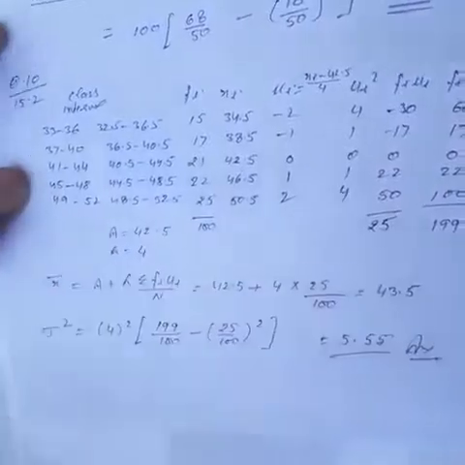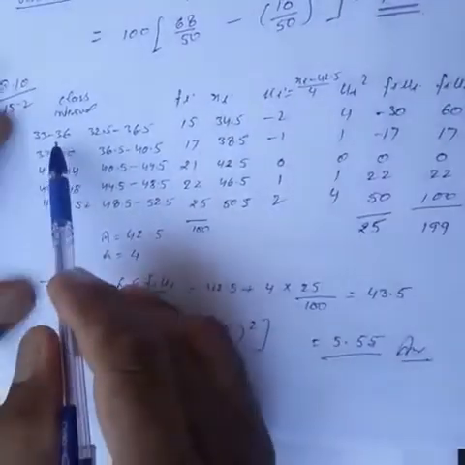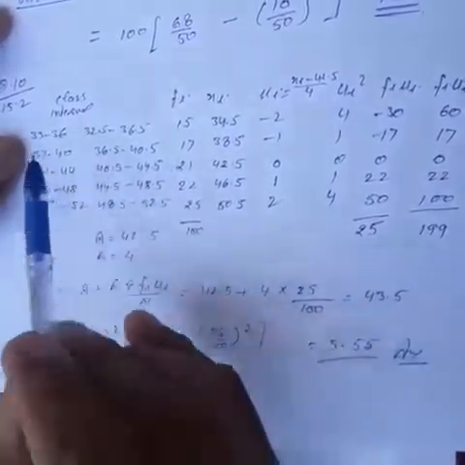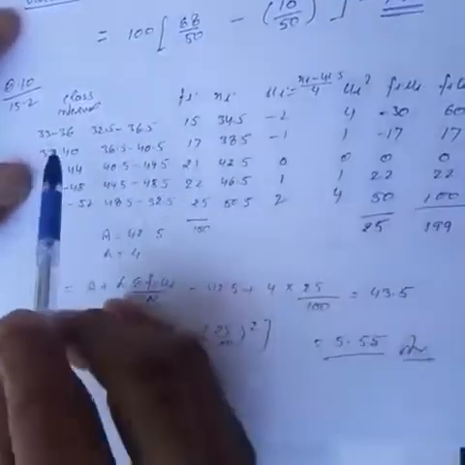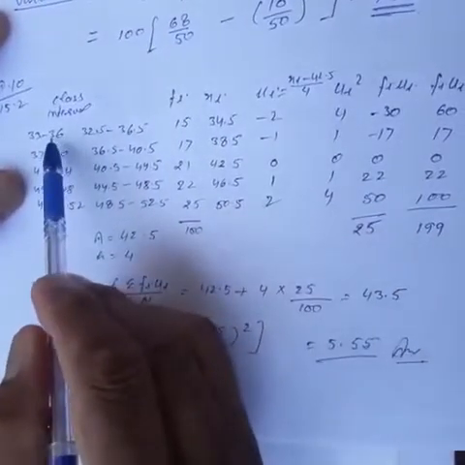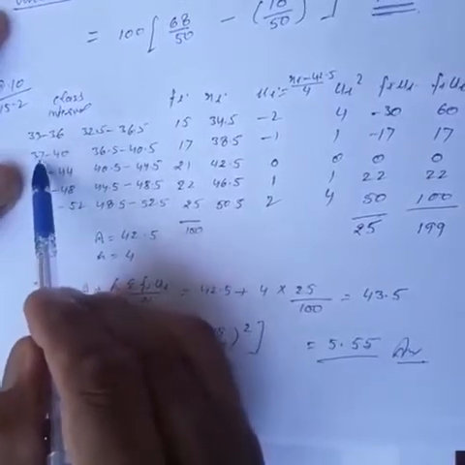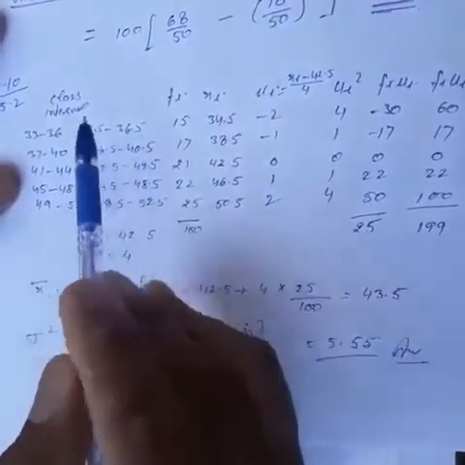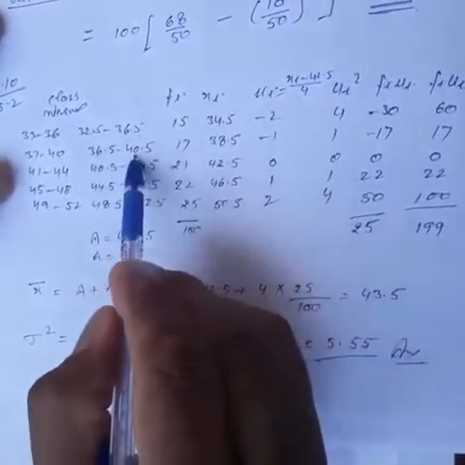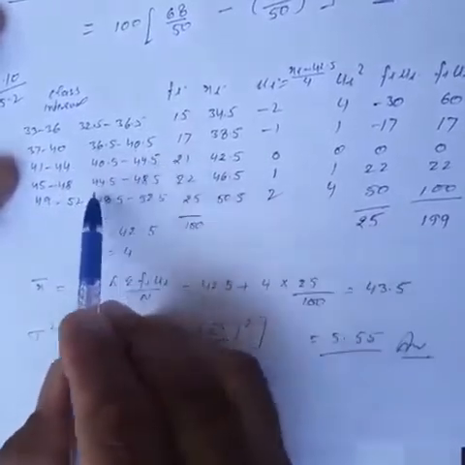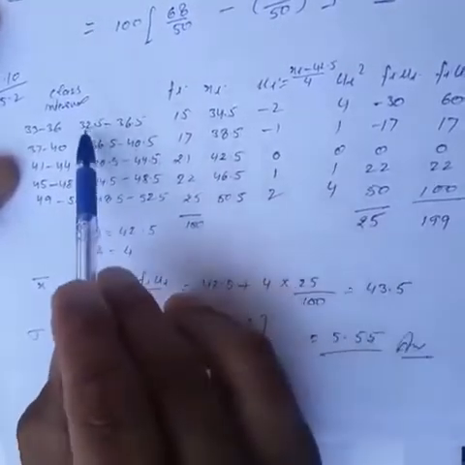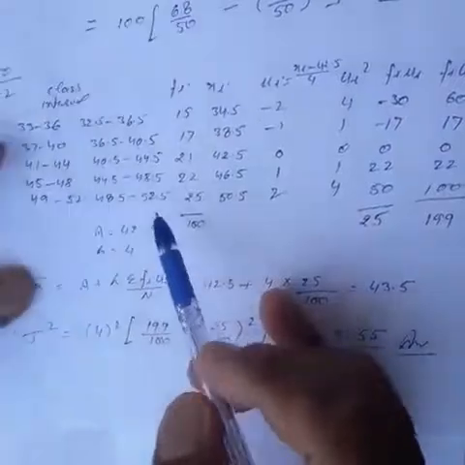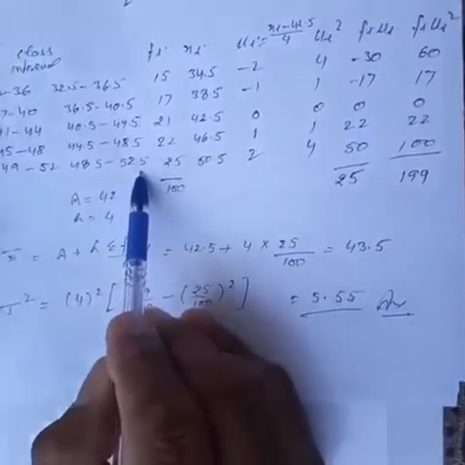These are the class intervals. In this question, you find the class intervals are not regular. So 36, then it is 37. So we have to convert into regular class intervals. For regular, you have to find the average of these two values, 36 plus 37 upon 2, and that will be 36.5. Similarly 36.5 here. Then it is 40.5, similarly 44.5, and complete this table. So these are class intervals 32.5 to 36.5, and the last interval will be 48.5 to 52.5.